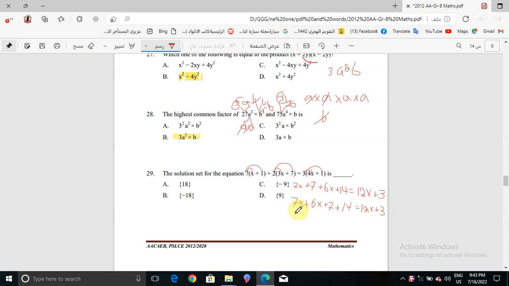Now what we will do here, 13x plus 21 is equal to 12x